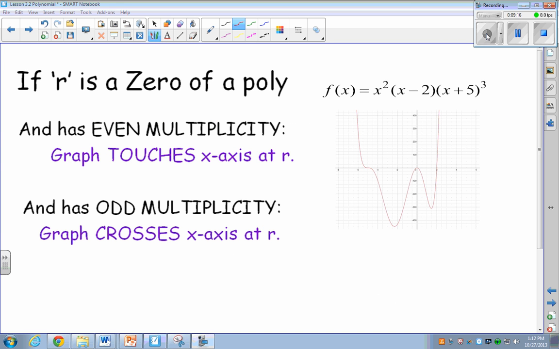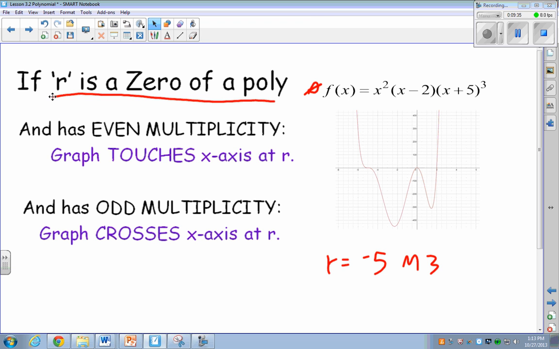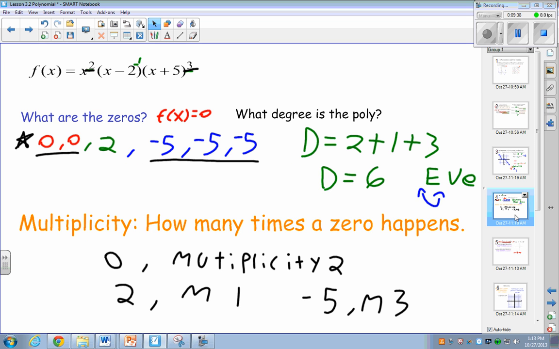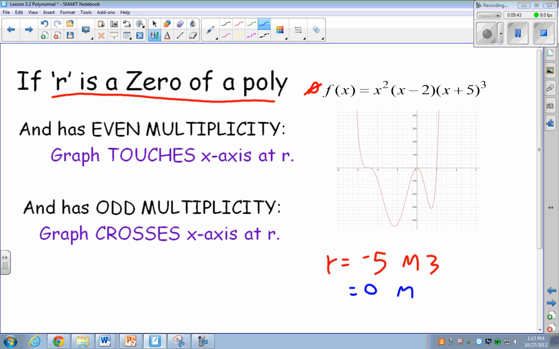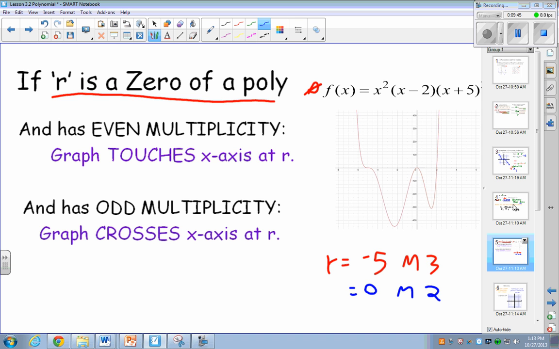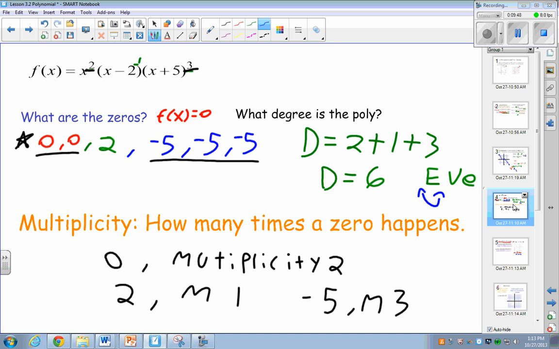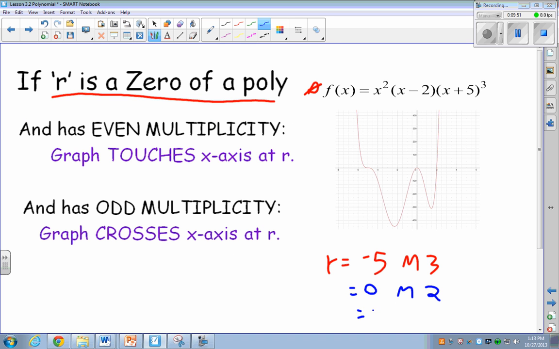All right, so now let's talk about multiplicity and how it affects the way the graph looks. So here, r is a 0 of our polynomial. And so let's look at our function from before. And here, I'm going to write down our r's, or our zeros. We had negative 5, multiplicity 3. And then we had 0 with multiplicity 2. And then 2 with multiplicity 1. Okay,